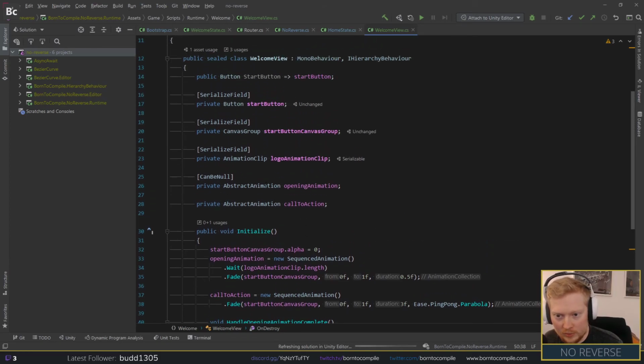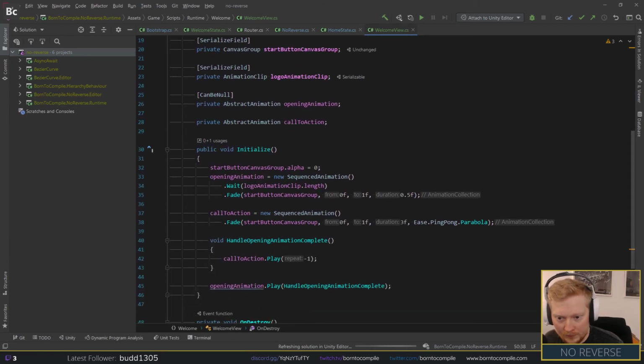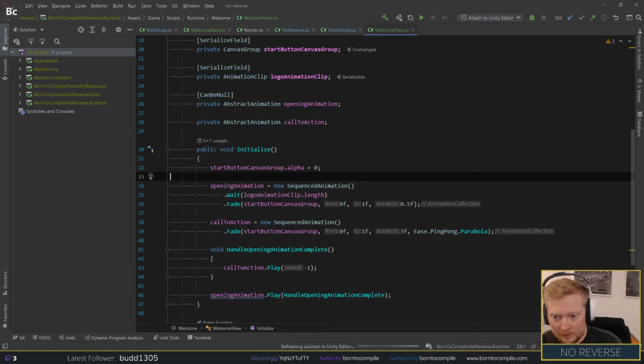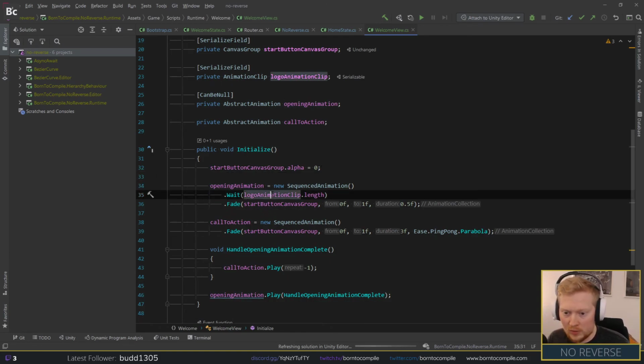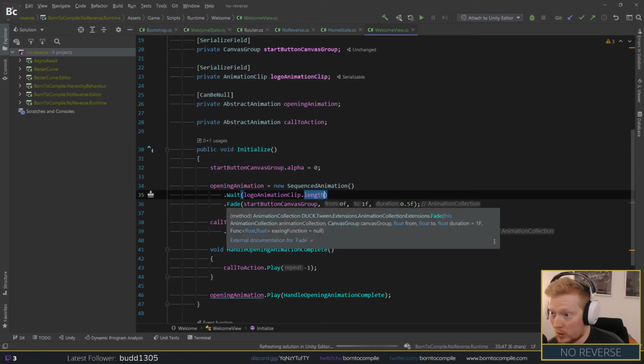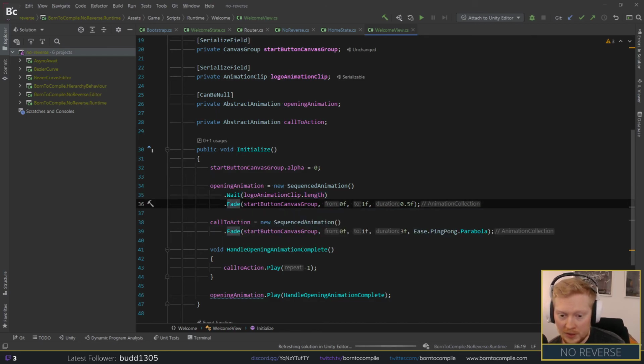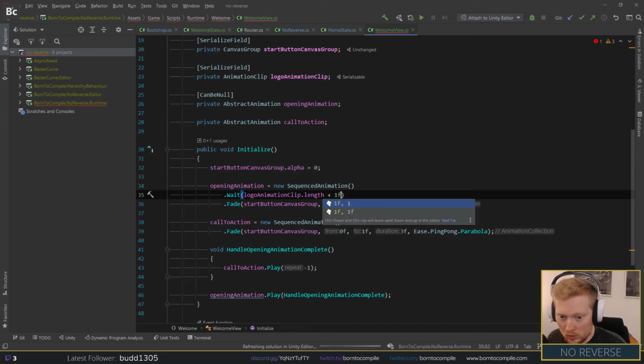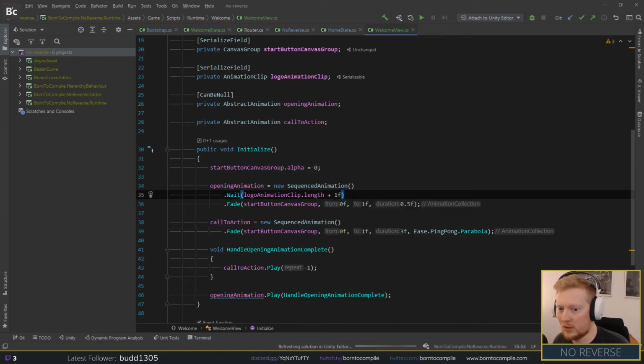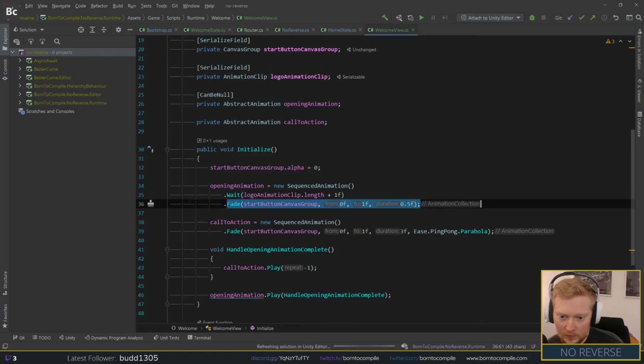So let's just double check what we've done. We set the alpha of the button to be 0, so it's not there. We put a line break in between that. We make a new animation that's the opening animation where we wait for the length of that animation clip, which is the logo animation. We fade the button in for half a second. So it comes in on screen. Once that animation is done, I might actually put 1 second on there so it's not like instant in your face. Oh, that logo's done, and then boom, there's a button. Let's wait a little bit. And then we'll fade